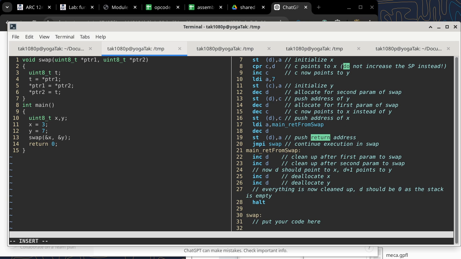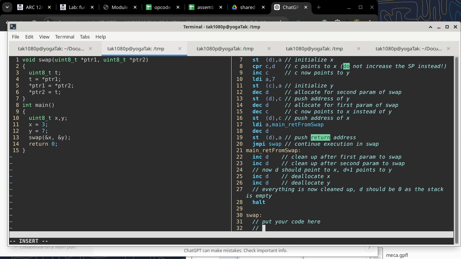So the way I want to do this is to specify what the frame should look like. So the frame is referring to all the items on the stack that are necessary for this invocation of swap to function. So that would include all the local variables, if any, the return address that must be there. So the return address is not optional, and the parameters, if any. In this case, we have all three categories. We have one local variable t, with one return address, and then we have pointer one, pointer two as parameters. So the question now is,